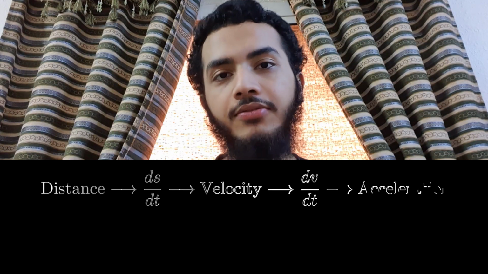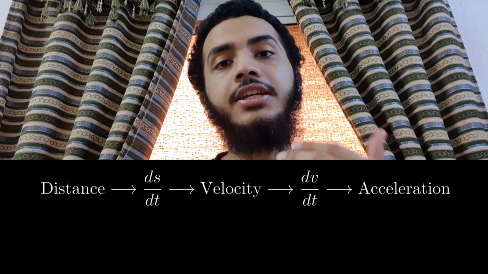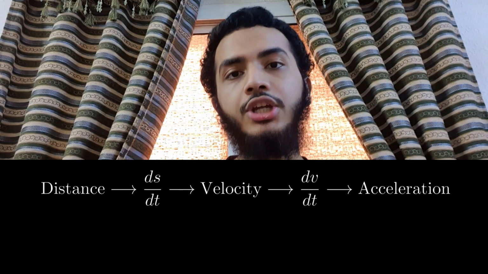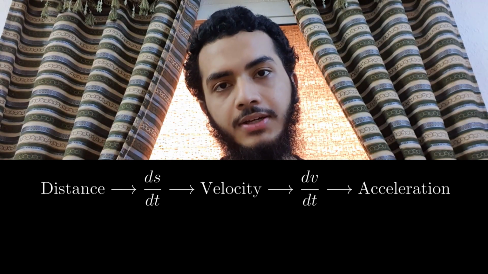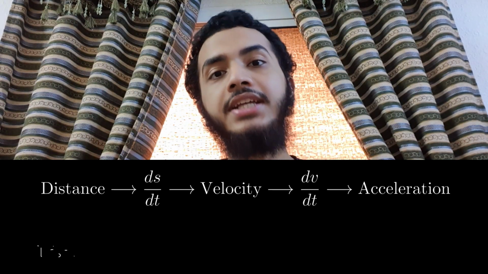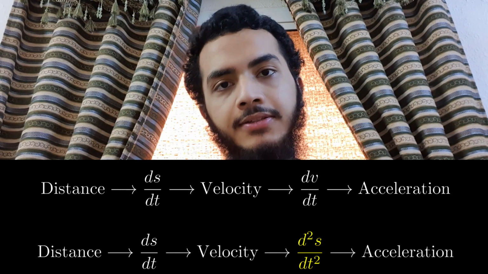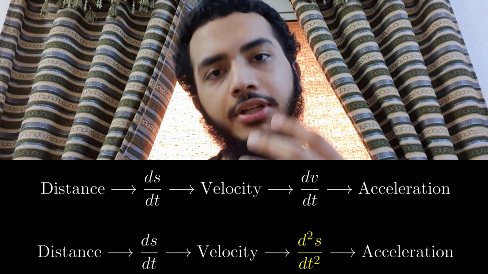Now we took the derivative or the rate of change of distance and we got the velocity of the car. Similarly, we can take the rate of change of velocity to get the acceleration of the car. It can also be viewed as taking one more derivative or taking a second derivative of distance, which is represented like this. Now can you guess what information would this give us? It is like the rate of change of the rate of change.